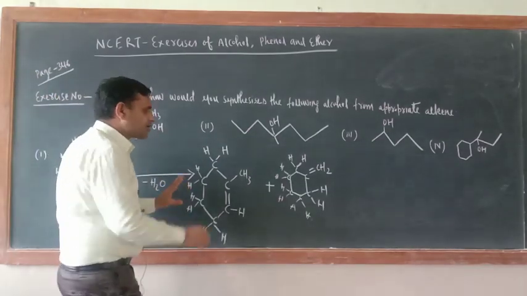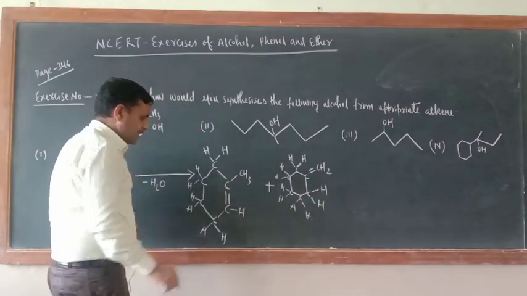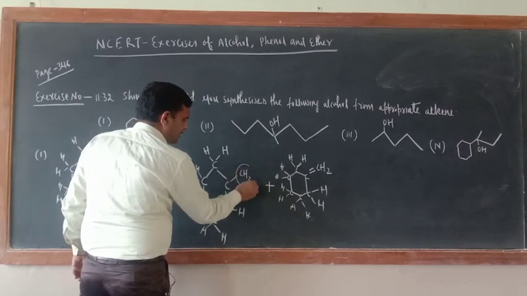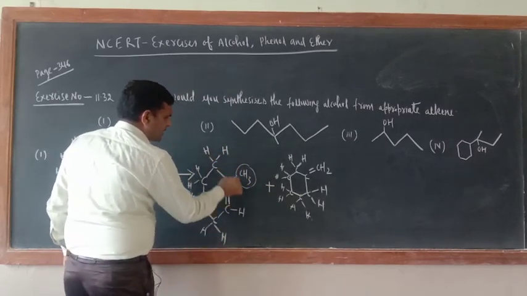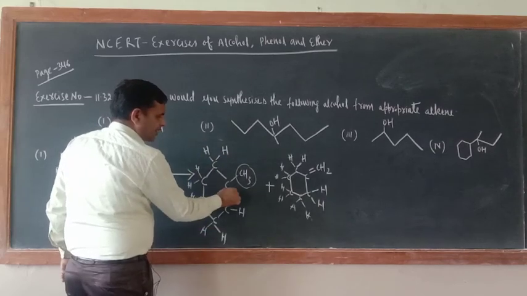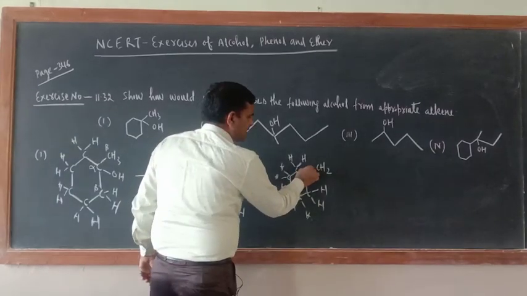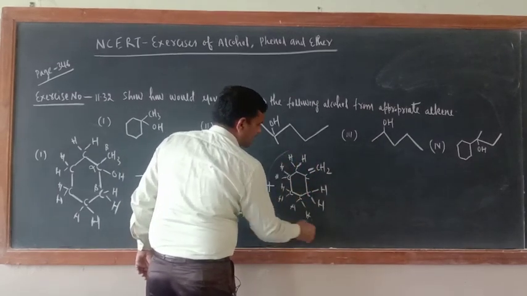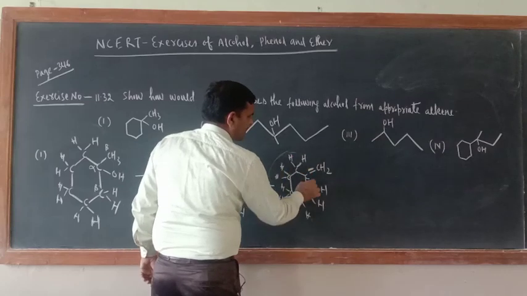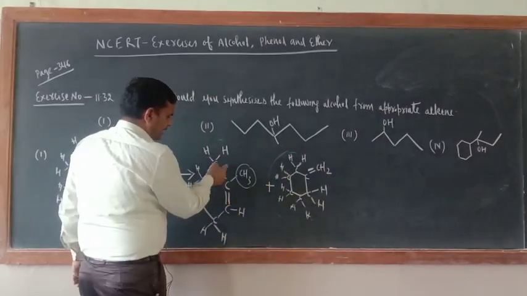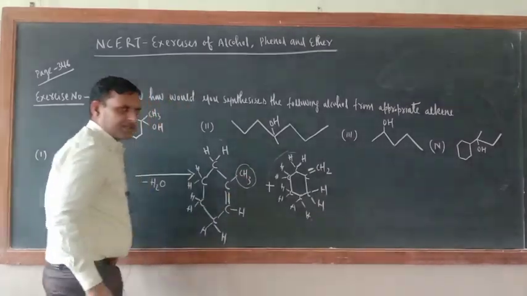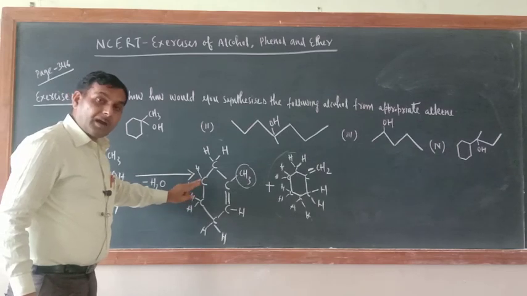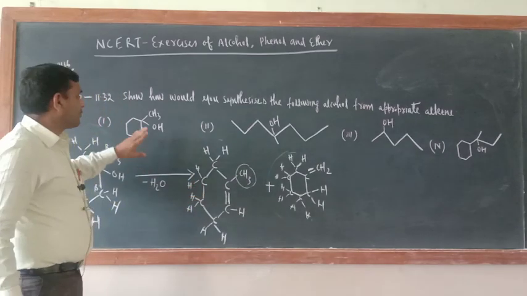Now out of these 2 alkenes, which alkene is more alkylated? Just see, here the double bond is there. With this double bonded carbon atom, one alkyl group and the remaining alicyclic group is attached. So naturally this is most stable. Here, with this double bonded carbon atom, only one alkyl, one alicyclic group is attached. This one, just check: this side is not there, while here this side is also there, this side is also there. So just remember, the alkene which is more stable or more alkylated, that is only suitable for the preparation of